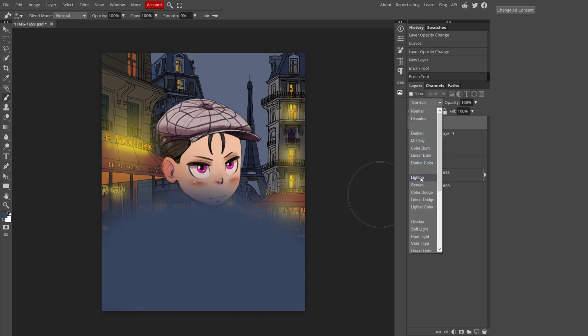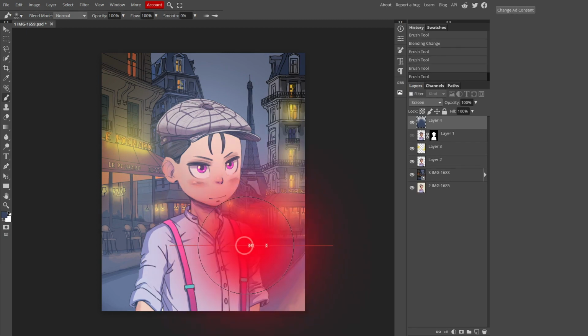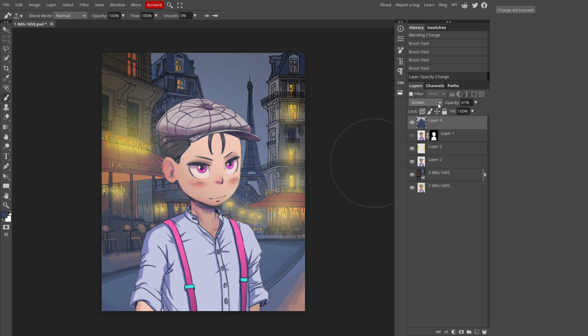The magic's gonna happen again when I change the blend mode to something a little bit different. So you can see that the screen mode allows you to give some kind of different mood. Okay, it's a little bit too bright here, so again you can lower the opacity to fit your own style. You can also try some different tricks, like taking my layer 3, which is actually my light, and I can put that on the top, okay, in order to have a different kind of effect here.